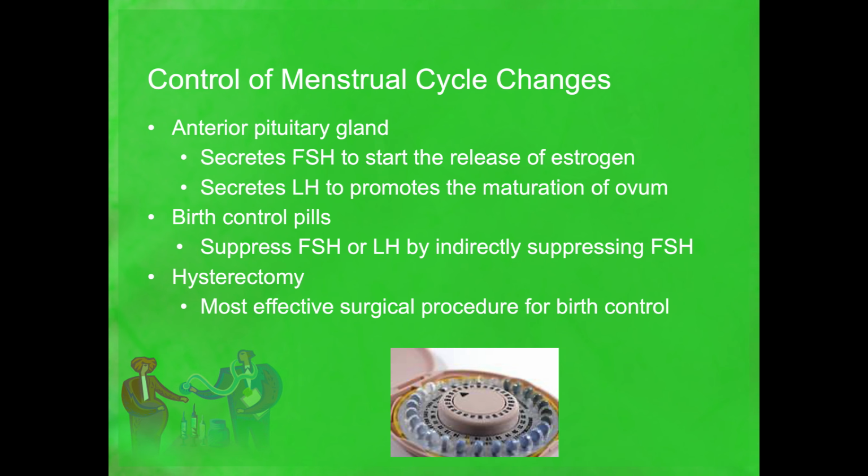Okay? And the most effective form of birth control is, of course, abstinence, but we can also use surgical procedures like a hysterectomy, where the doc can pull out any of those necessary organs. They can pull out the ovaries themselves, they can pull out the cervix, anything that's responsible. Usually they're going to pull the ovaries or at least sever the ovaries, so if the ova do get released, they're not going anywhere. They're not going to go down the fallopian tubes because they're going to snip the tubes themselves or ligate the tubes themselves. So even if the ova are released, they're not going anywhere because there's no tube for them